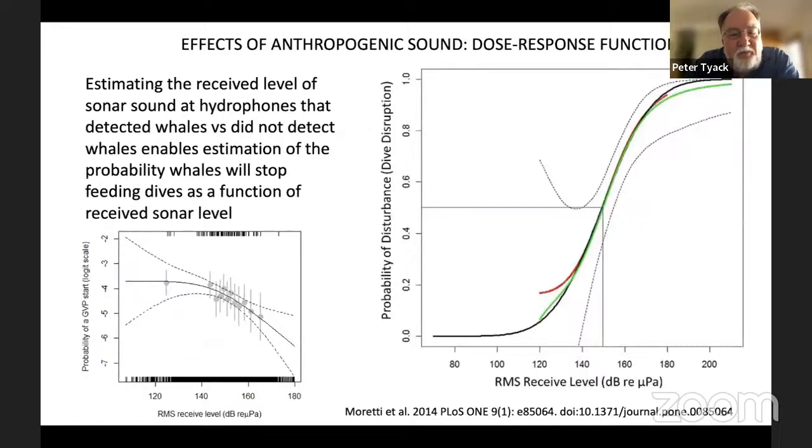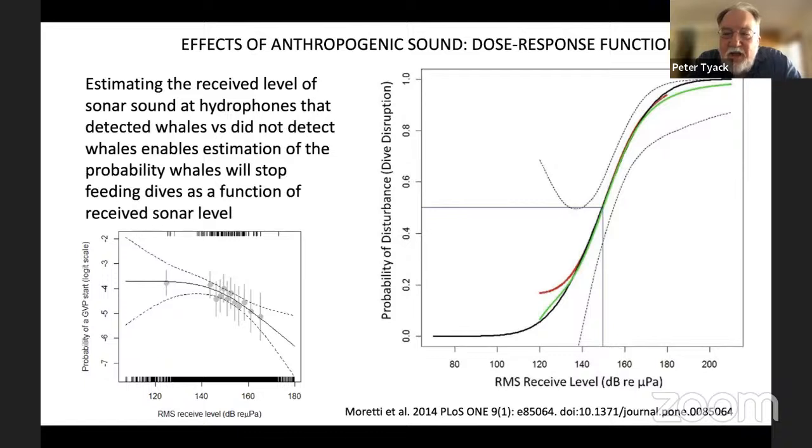Dave Moretti's group at the Naval Undersea Warfare Center in Newport, Rhode Island, has used these kinds of data to estimate the received level of sonar sound at hydrophones during actual naval sonar exercises that detected whales clicking. And on the left figure, the little tick marks on the upper right show animals detected clicking, and no detection is on the bottom. And these data then can be converted on the right side into a dose response function that shows the probability of these animals being disturbed in their foraging